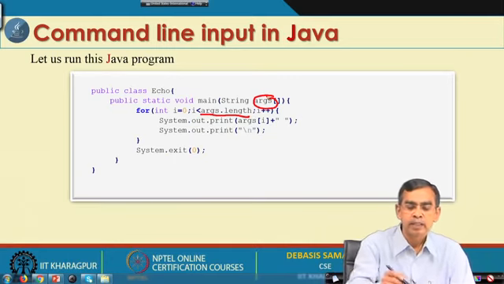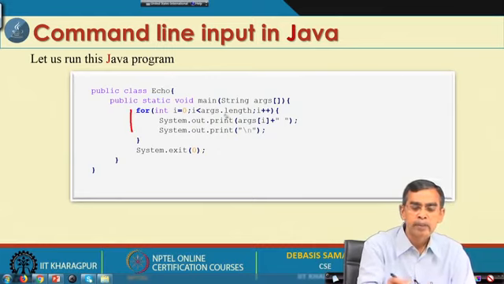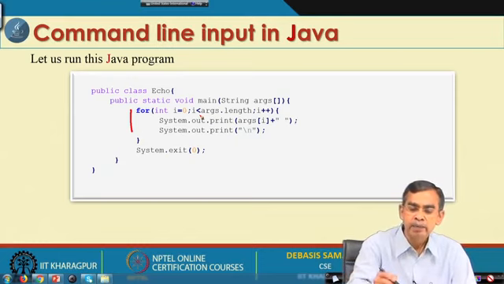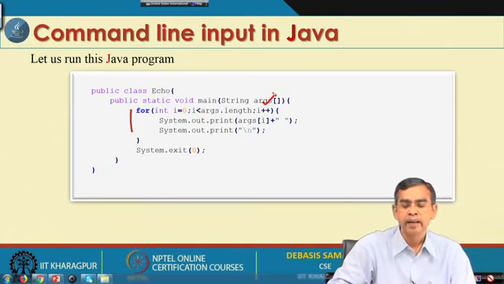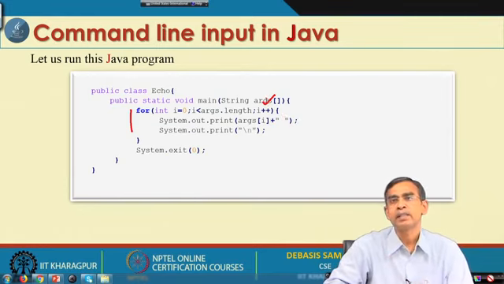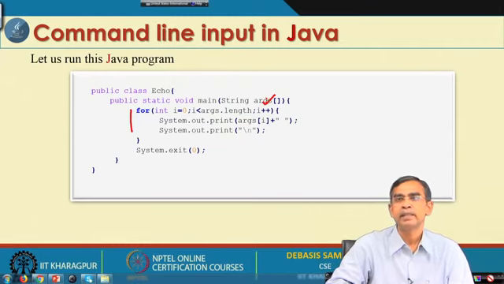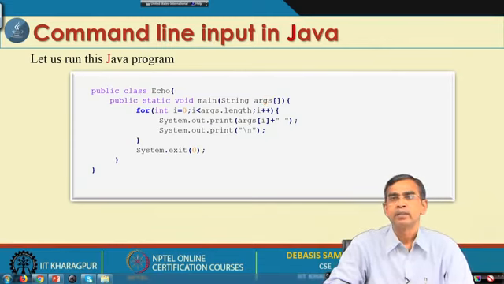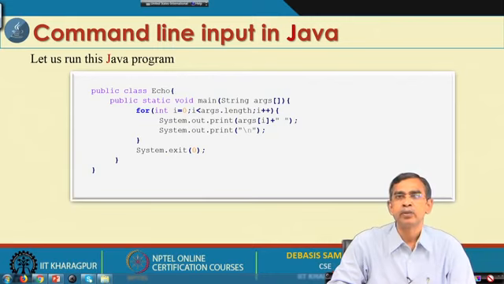Okay. So, this is the arg length, and then here we use a for loop, that means this loop will roll for all elements in the args array, and then it basically prints the arguments that are there in this array. That means the different array objects, the string type of objects, if they are there, it will print them like this. Now, here again the question is how these elements can be given to the array.